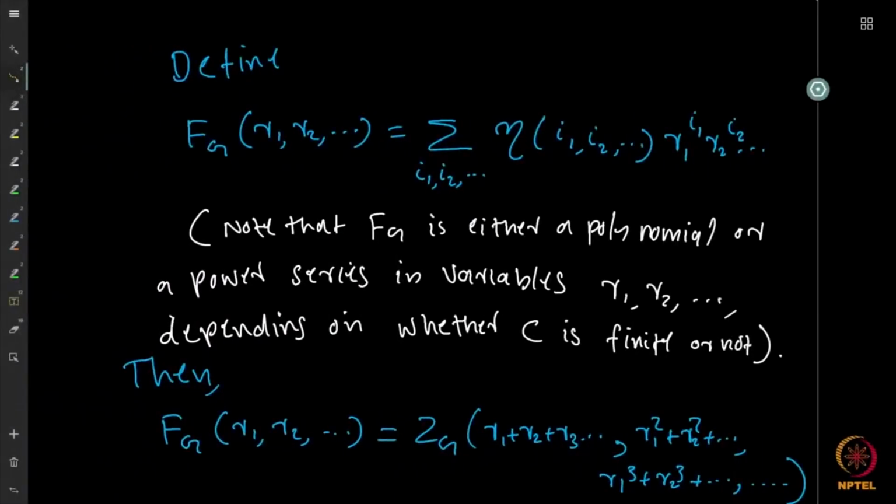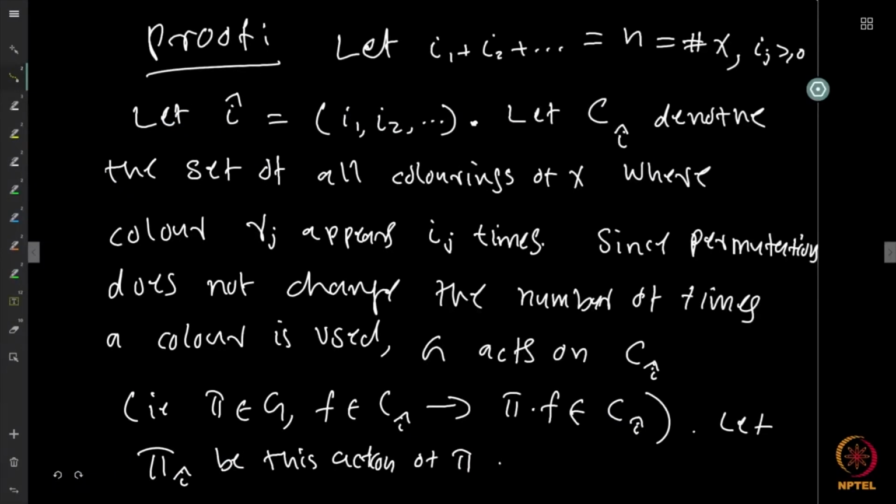So how do you prove this? To prove this, suppose i1 plus i2 plus etc. is equal to n, right? Of course, when we have only n elements, we cannot use more than n colors. So even though the set of colors is infinite, the tuple that is going to contribute anything is always adding to n, which is the cardinality of X. So let i1 plus i2 plus etc. equal n, and